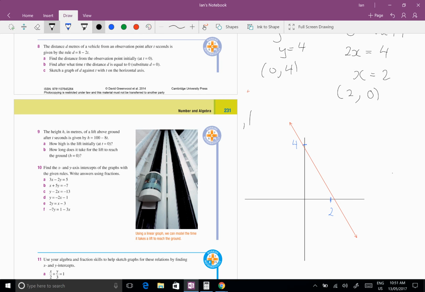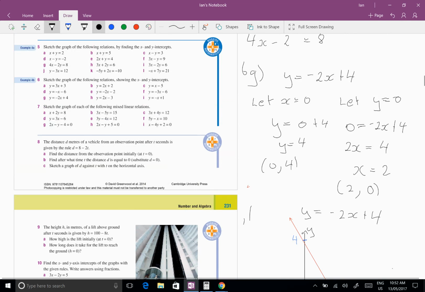And that is the equation y equals -2x plus 4. We might re-indicate that that's the y-intercept. We'll just be a little bit more careful. And there we go. Oh, we should again indicate the x and y axes. So there's 2 questions from